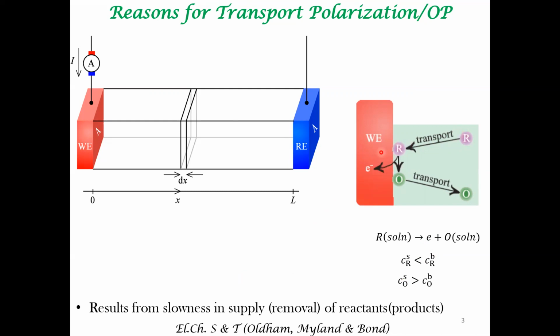There is, let's say, a time scale for electron transfer, this reaction to occur. Compared to this time scale, the time scale for this transport and for this transport is longer. Therefore, there is an inherent slowness in the supply of reactants to the electrode surface, and there is an inherent slowness in the removal of products. That is the qualitative reason. We will look at it more